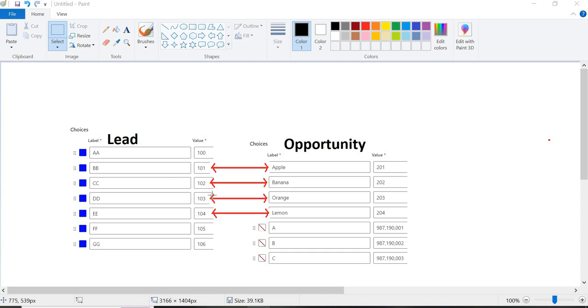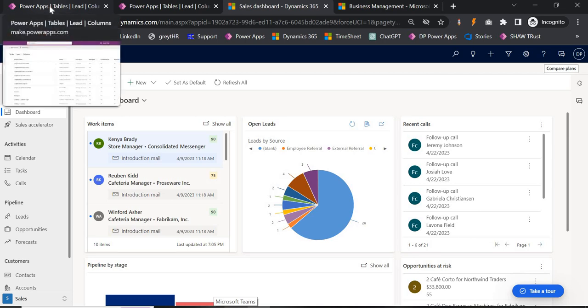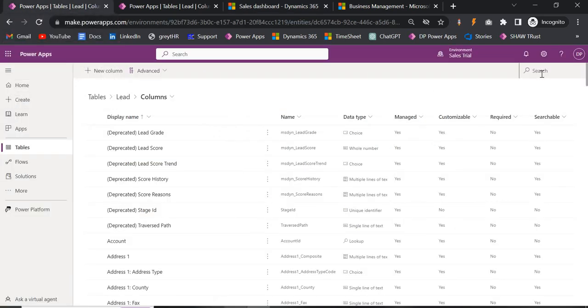So now what I'm going to do is, if in the lead we are having this 101, then in the opportunity by default it should map this 201, which is apple. If it is DD, which is 103 value, then it should map orange. So first of all, I have created both the fields. Here if I come to lead,